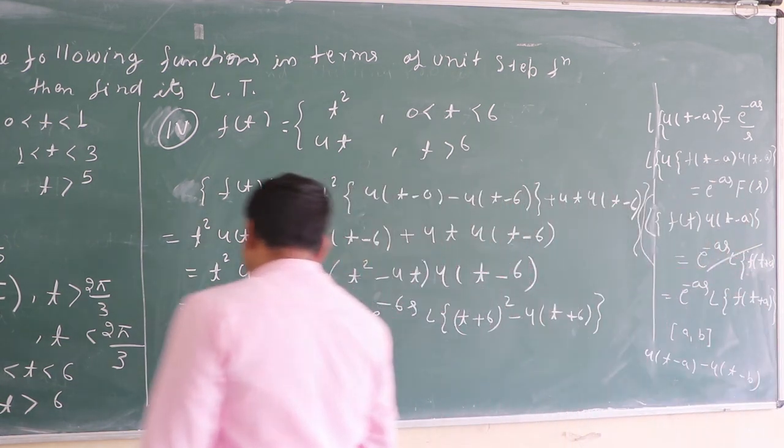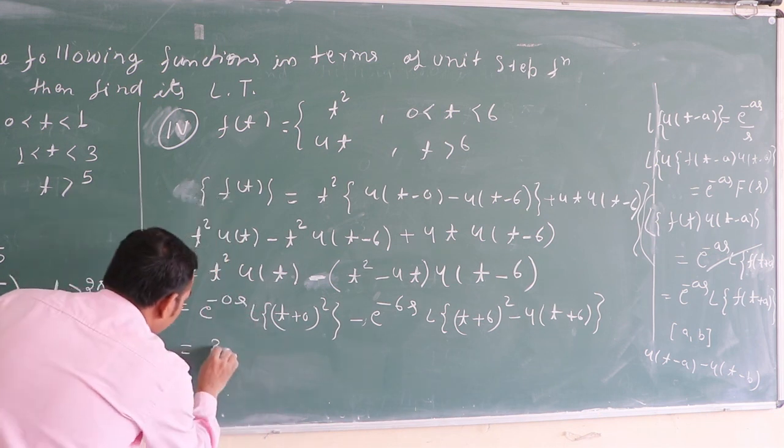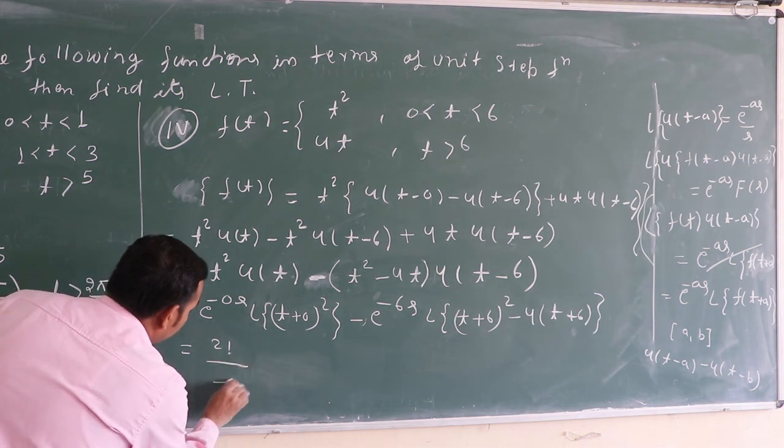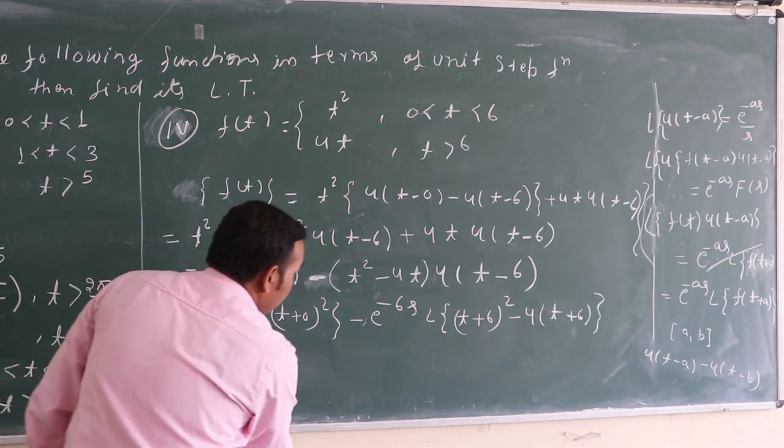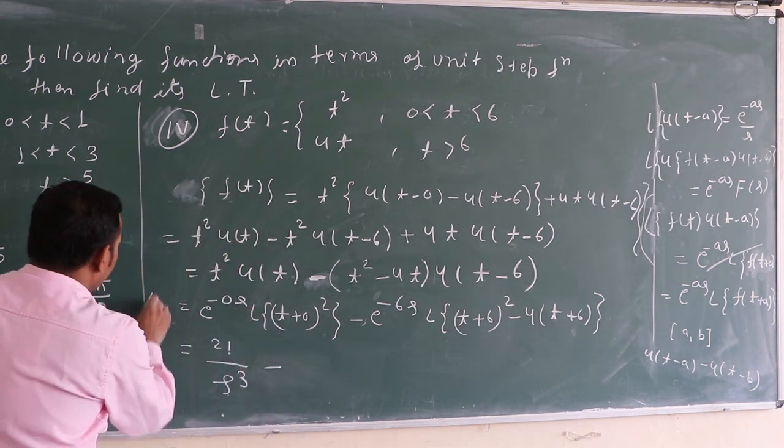So this is Laplace of this, 2 factorial upon s cube minus...